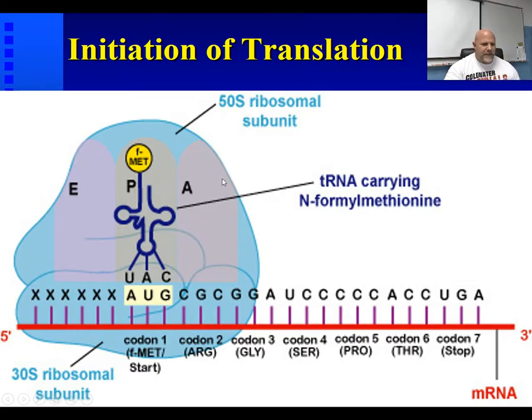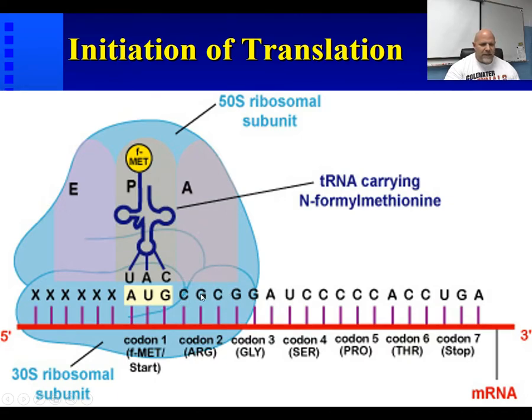The A site is the attachment site. The P site is where the growing polypeptide is attached. And the E site is the exit site. So once this is attached, then another signal will go out to bring in the next transfer RNA. So the next transfer RNA will come in, and it will bind right here, and its anticodon would be GCG,